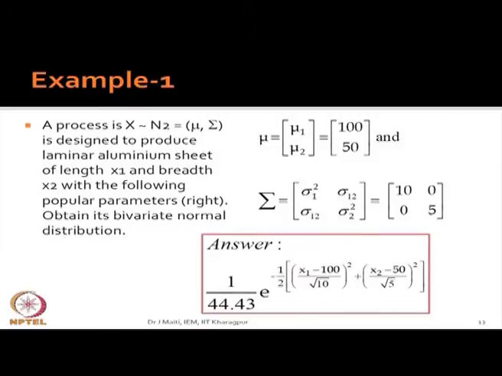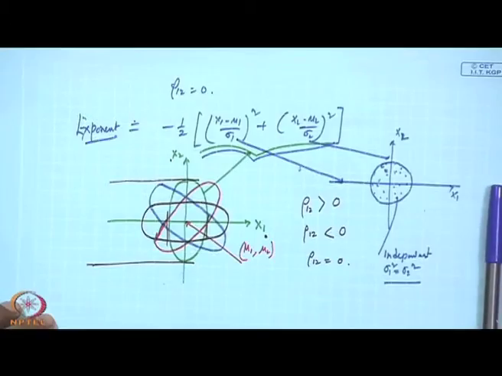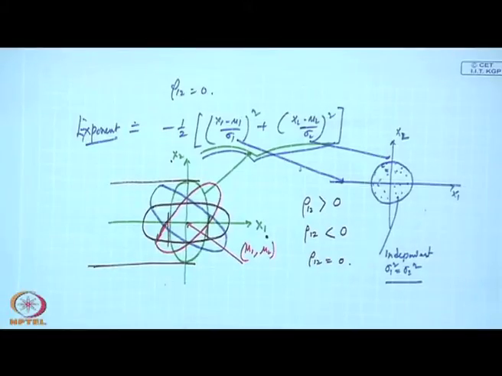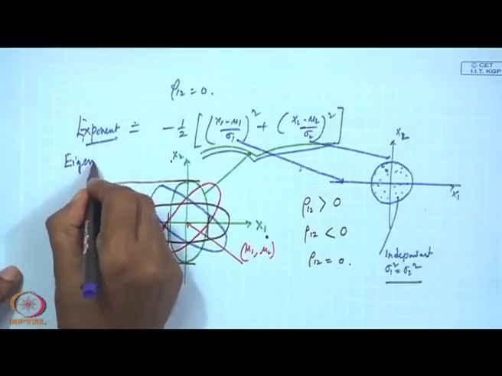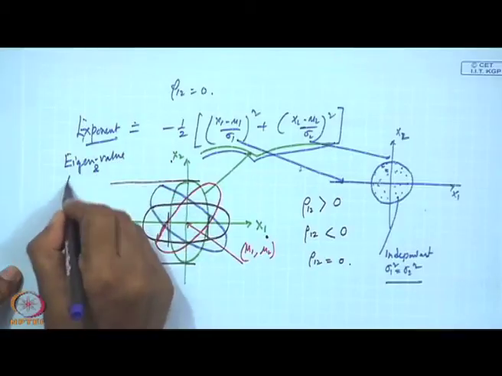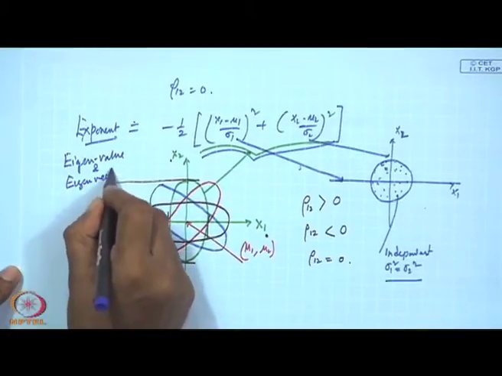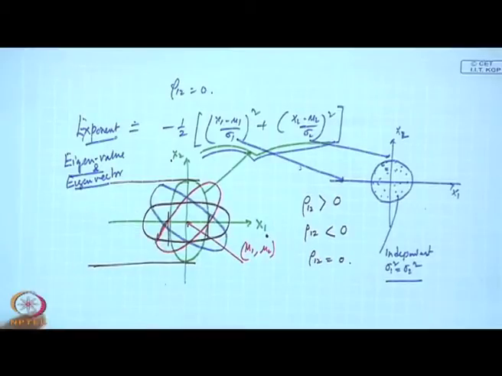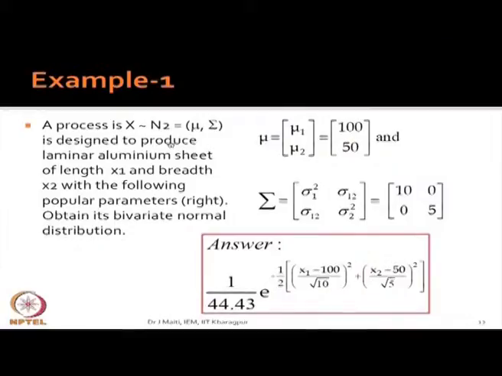So, what I request to all of you, in order to understand the axis, you have to know a little bit of matrix. What is this? Eigenvalue, eigenvector. So, eigenvalue and eigenvector. I will show you next class eigenvalue and eigenvector, then axis, all those things. And now, let us see one example.